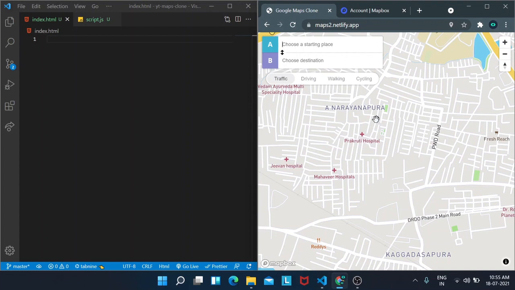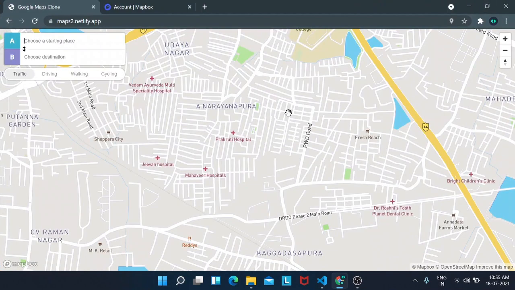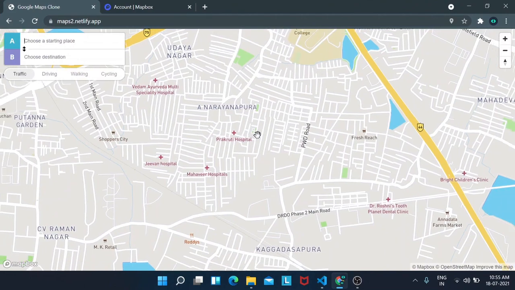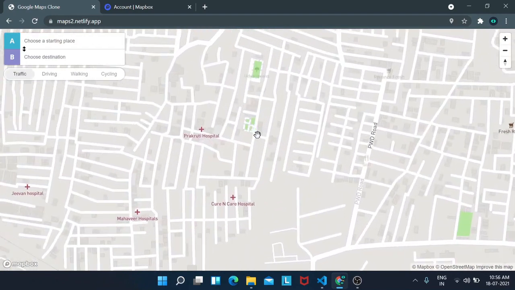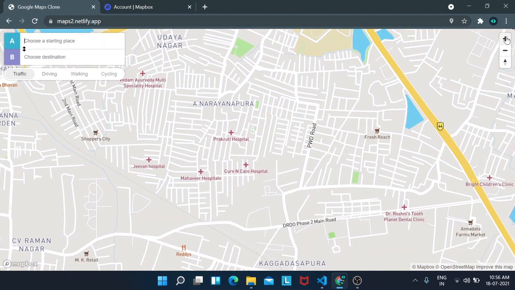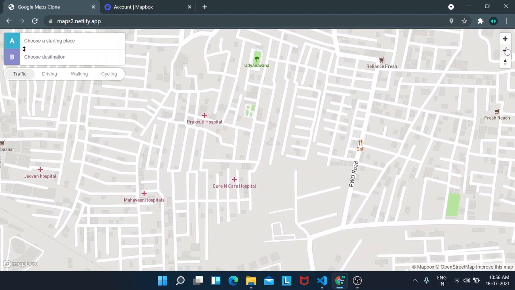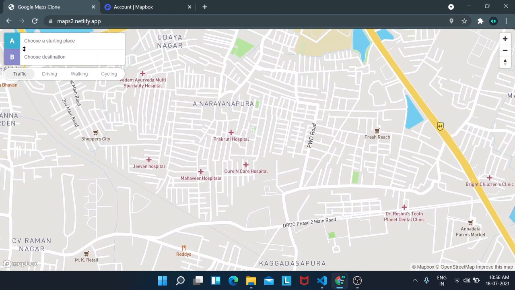So let's get started. We're going to be creating this Google Maps clone that you can see over here. I'll give you a demo of it. You can zoom in and zoom out like I'm doing at this moment. You can even use this side tab for zooming in and zooming out. You can even choose a starting location. Let's say London,